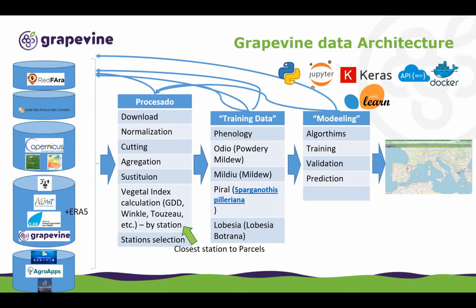We merge all this data, considering that the climatic data is at the station level, so we use the data of the station closest to a given parcel. That's how we obtain the data for training the models about the phenology and about the different diseases. There are two moths, which are Viral and Lobesia, and two fungi, which are Oidium. And then, these models